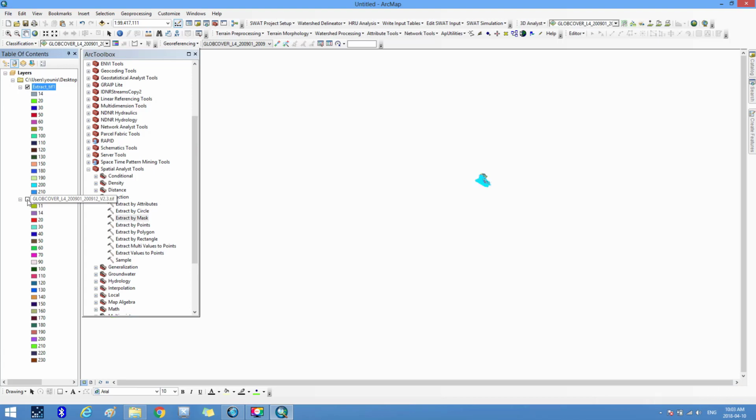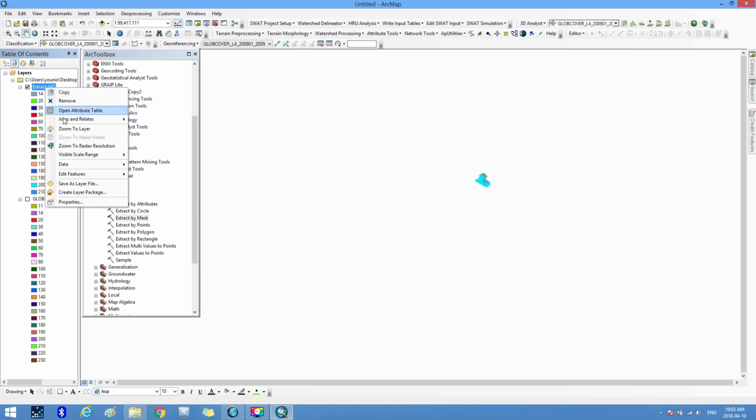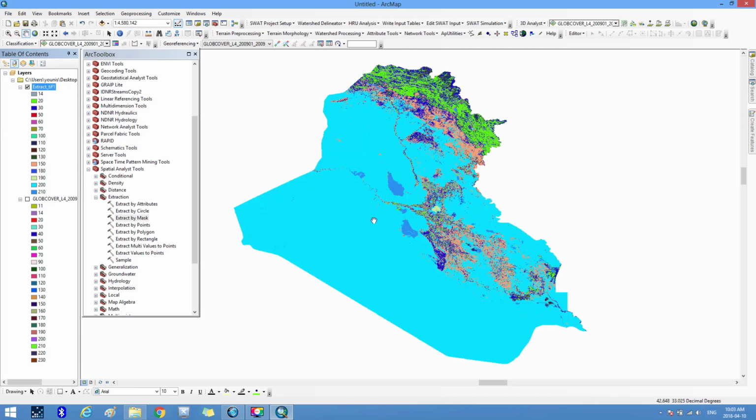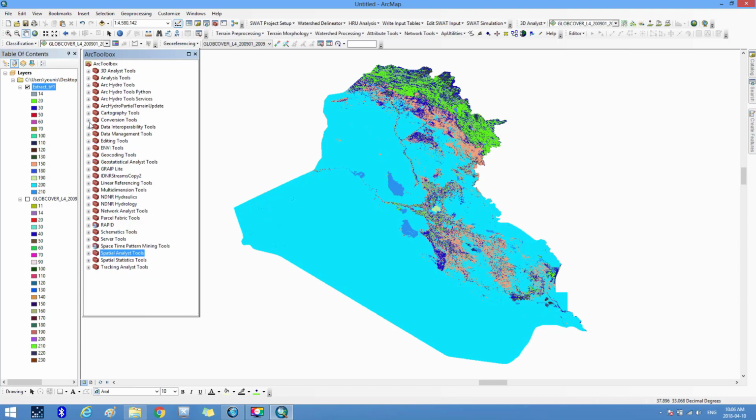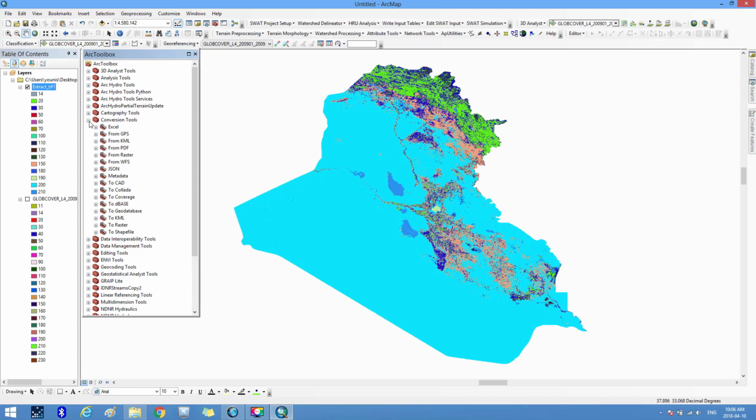Now we go to the table of contents and remove the check mark from the world map. Then we zoom to layer for the land cover map for Iraq. And now the raster map of the land cover of Iraq can be converted into a shapefile map, where we go to the ArcToolbox, then to Conversion Tools, then to From Raster,